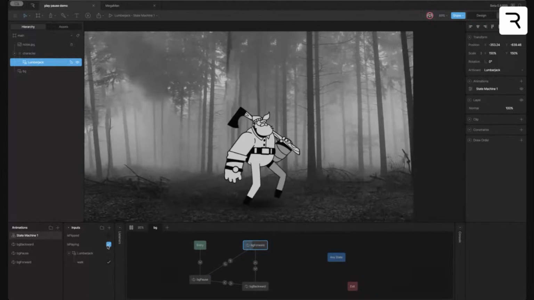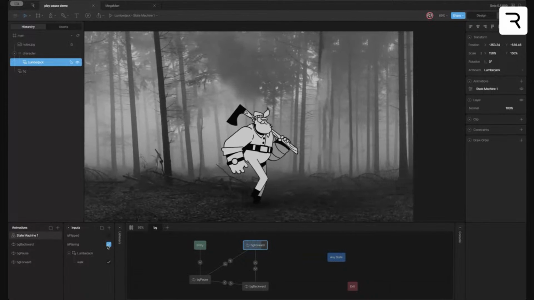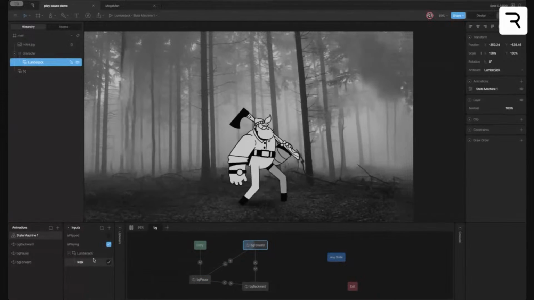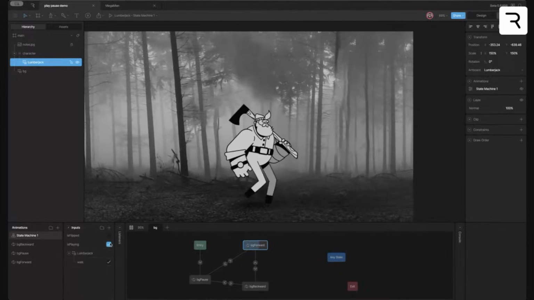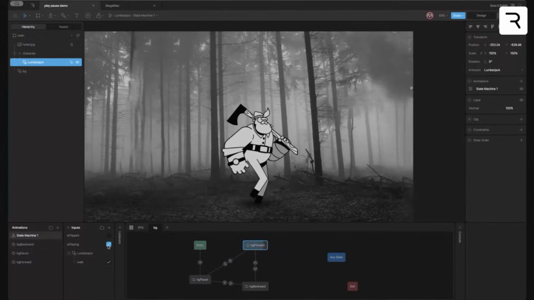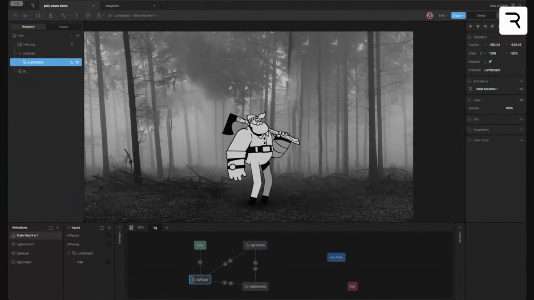So this already is pretty cool in that you can sync up a character walk cycle to a scrolling background. One thing that I think is really cool is to watch the nested Boolean toggling on and off as it's being triggered in those different animations. So that's pretty basic. What can we do next? Well, we want our character to flip. So here what we want to do is,